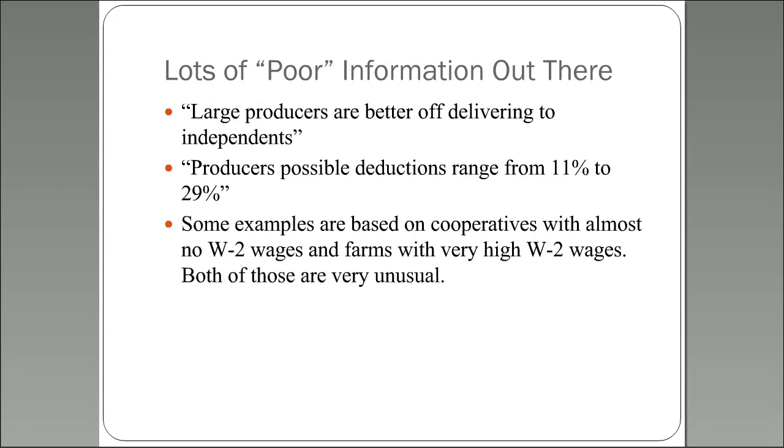Even the Joint Tax Committee sent out an example, and the National Council of Farmer Cooperatives spread that around. It was an example of a co-op that had almost no W-2 wages and a farm with really high W-2 wages, and so they showed some of the possibilities. The mathematics was correct, but it was highly unlikely, because I just haven't seen cooperatives that didn't have any employees. When you had that structure, the co-op had almost no Section 199A that they could pass through, and the farmer was faced with the full offset because they had very high W-2 wages.